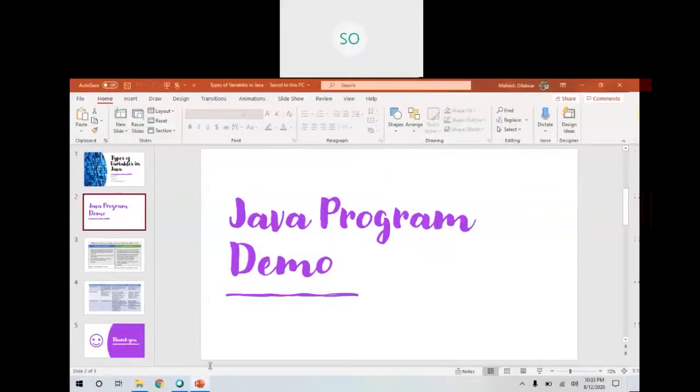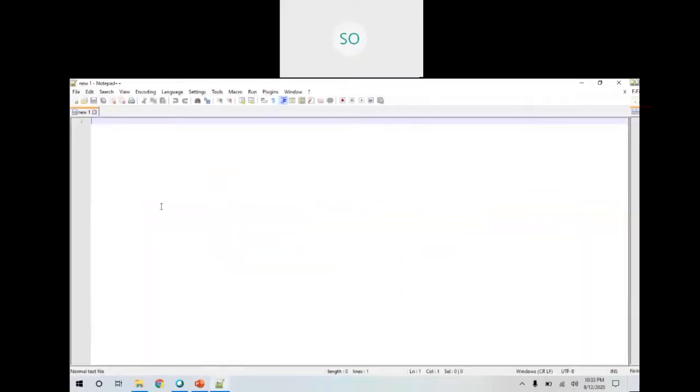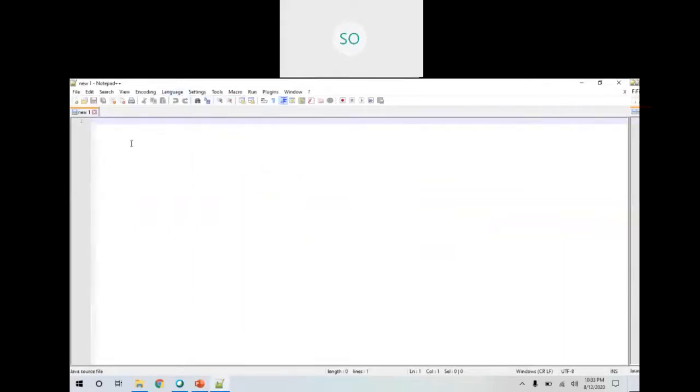To write a program, you can use any text editor like Notepad. We have NetBeans, gedit, Eclipse environment. You can use anything to execute it. So right now I'm typing this program in Notepad. So let's type class Sample. S should be capital because this is the class name. Open curly brackets, this is for the class. Then I am defining one static variable c with value 30. Next, I have another variable, int a equal to 10.